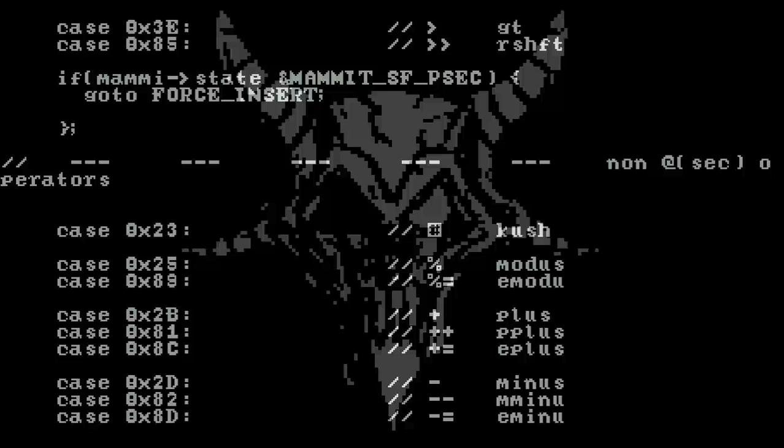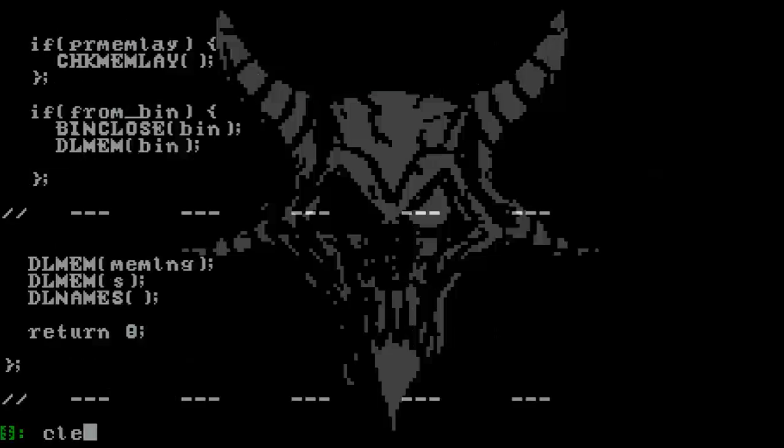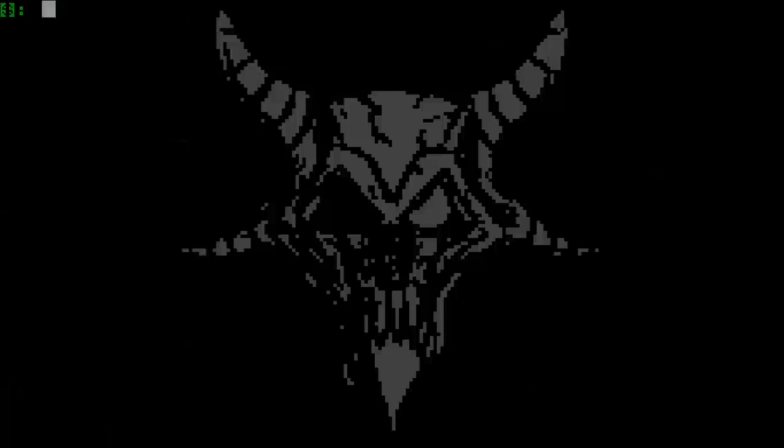Actually, let me, since we're at it, draw a little bit of that so you can visualize what that algorithm looks like. So let's go into our editor here, and I want to open automat